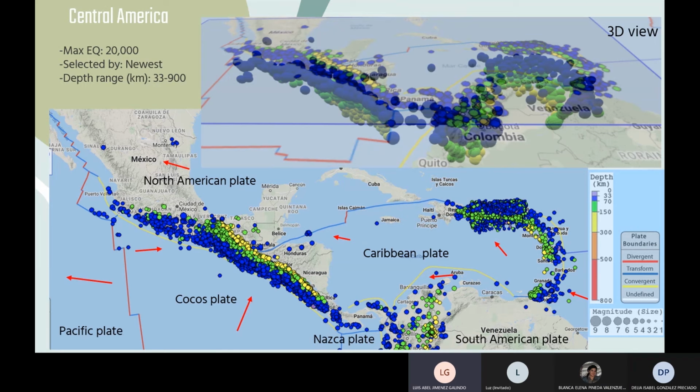Almost 50,000 seismic events are recorded in this database, but we show you 2,000 hypocenters focused mainly in the subduction fronts between the Cocos Plate against North America in the west and the Caribbean Plate against South America Plate in the east. Transform boundaries occur on the north and south sides of the Caribbean Plate and have lower incidence of